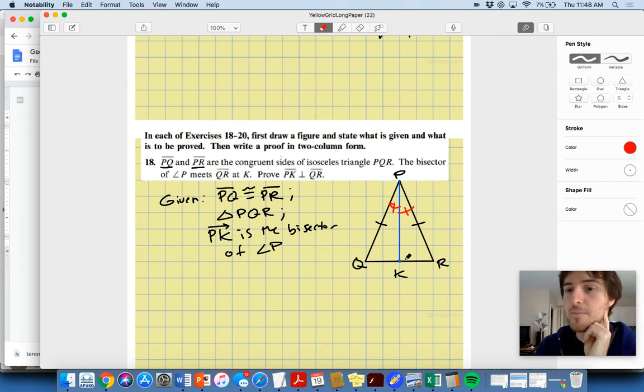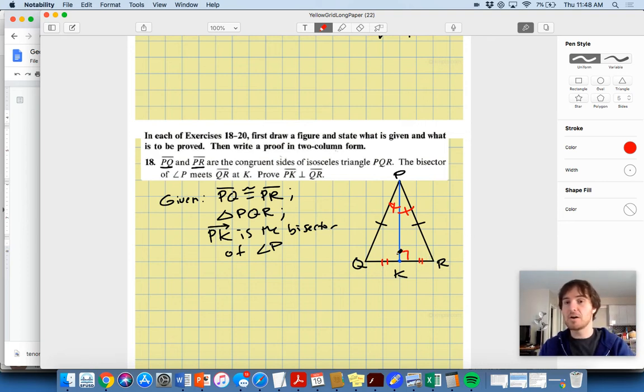Interestingly enough, this is a pretty important thing to know in the future when we study isosceles triangles, which we're about to go into now: the angle bisector of the vertex angle, the top angle, the one where the congruent sides meet, is actually going to hit the third side, the base of the isosceles triangle, at its midpoint. Interesting, at its midpoint. So you could actually prove this. You can prove that these two sides would be congruent, and you can also prove that it's perpendicular as well, okay? We don't have to prove the fact that it's the midpoint